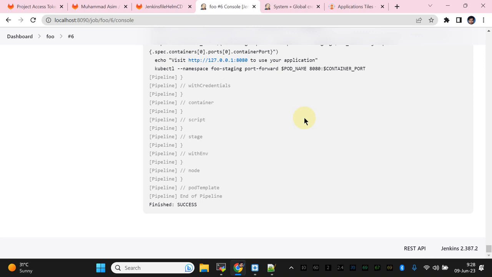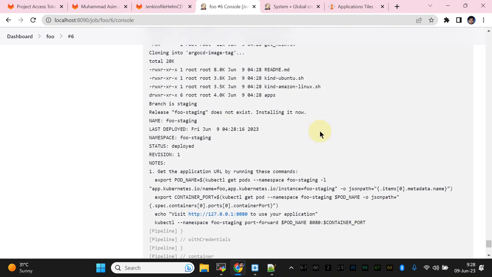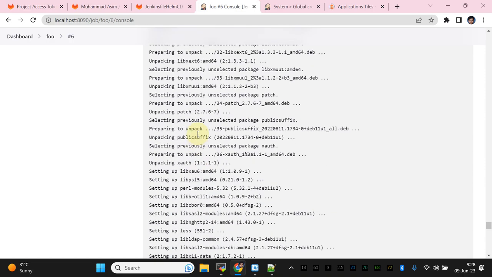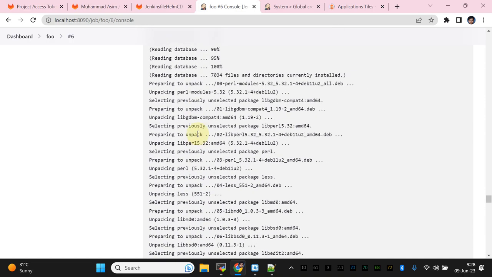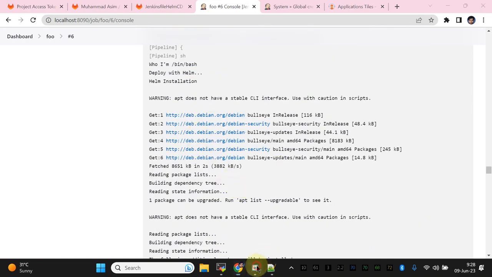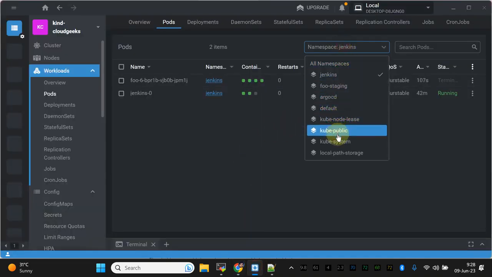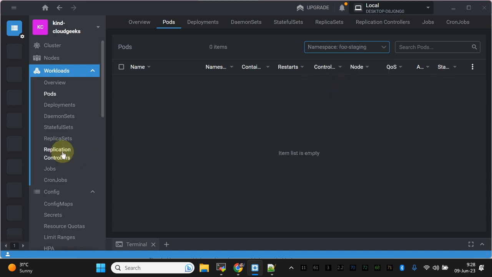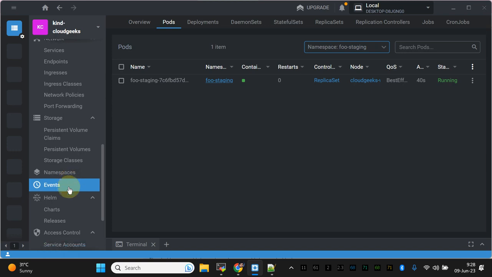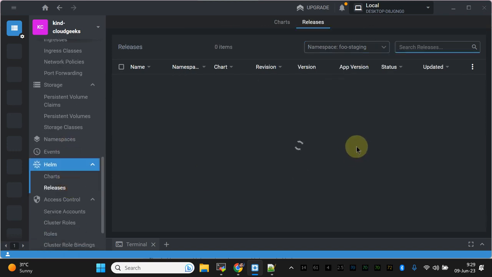Release foo is not there, but what it does is deploy that particular release with the branch name staging, and it uses the staging values.yaml file. So let me show you that part. If I navigate to staging and then to the Helm releases section,